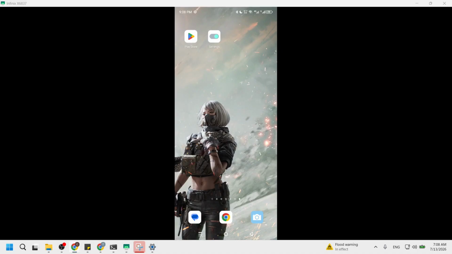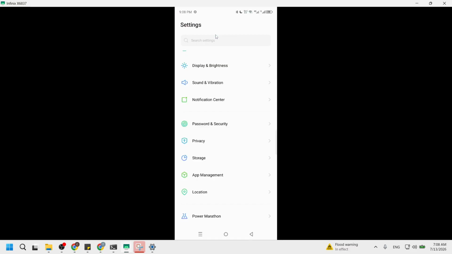Let's get started. First, open your phone's Settings app. You can find this by locating the gear icon on your home screen or in your app drawer. Tapping this icon will take you into the Settings menu where a plethora of options await you. The Settings app is the command center for your device, allowing you to customize various features to fit your needs.